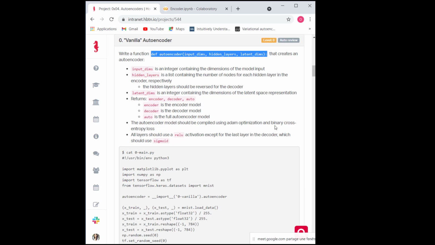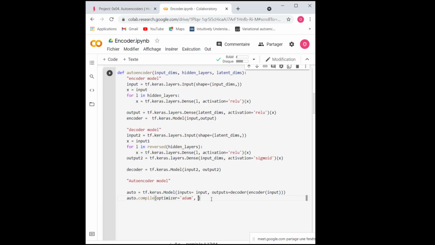And for my loss function, it's going to be the binary cross entropy. It should be written like this, I think.